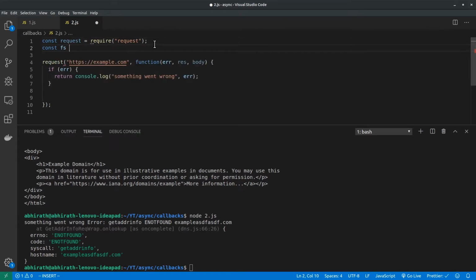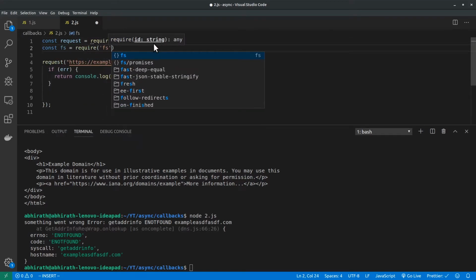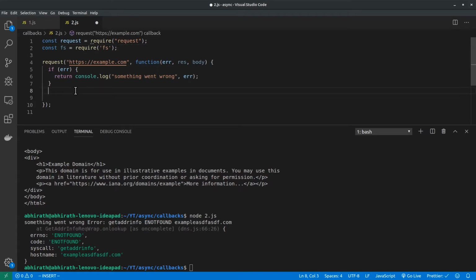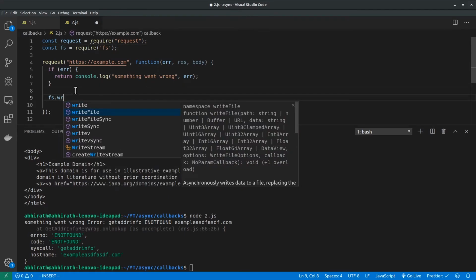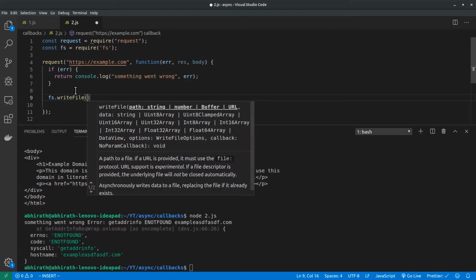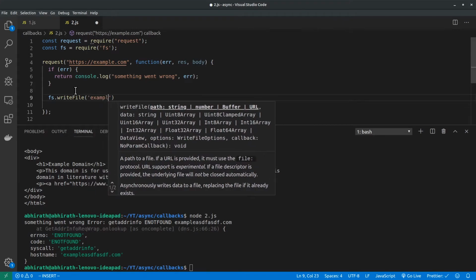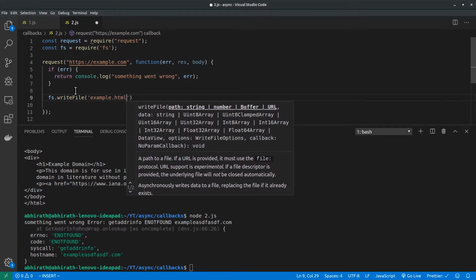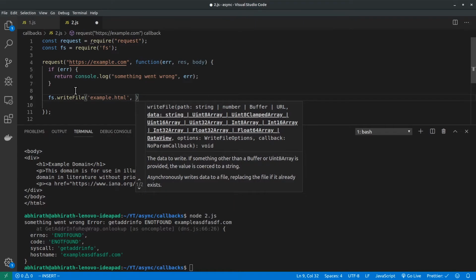Again, const fs equal to require fs, and let us write this fs dot writeFile example.html, and the content is this thing, body.